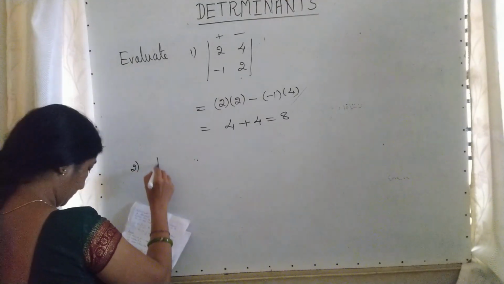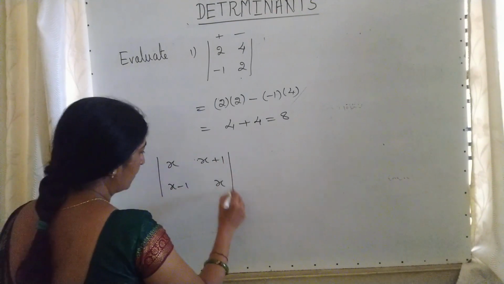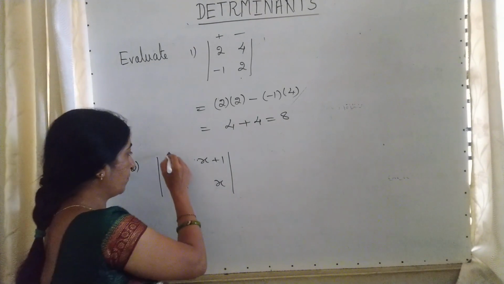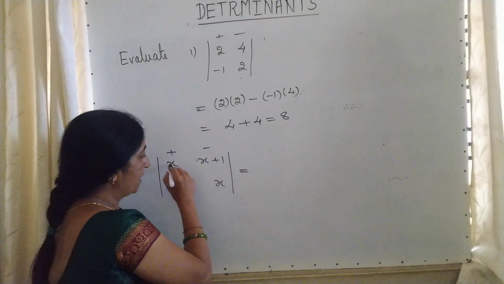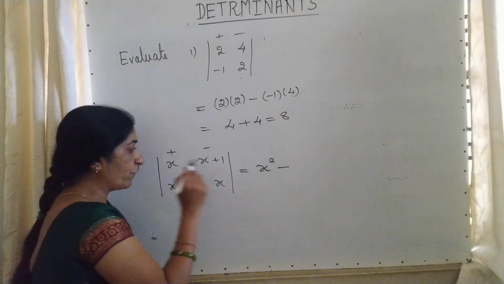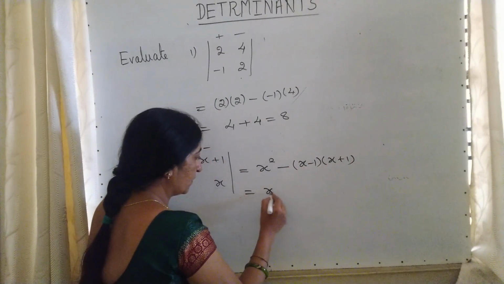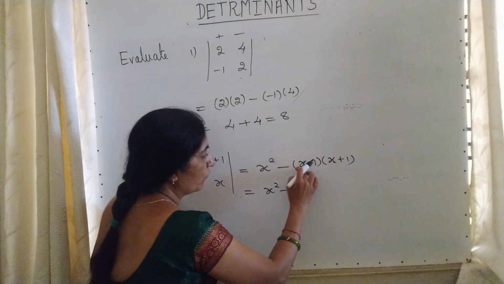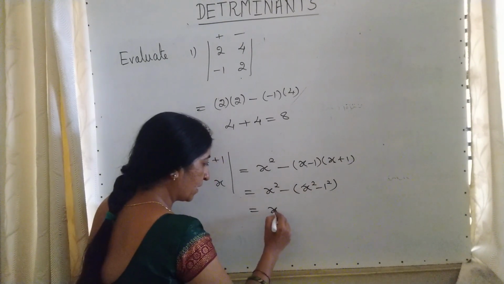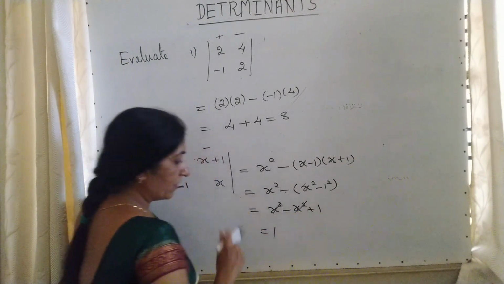Second one, x plus 1, x minus 1, x. Again by pencil. So why pencil? Because this is your reference. Plus minus. Multiply these two, x square. Middle minus, multiply these two, and they are in the form of expression. So I am writing it in the bracket. x square, multiply these two, they are in the form of a minus b, a plus b, a square minus b square. Remove the bracket. x square minus x square, minus into minus plus. So your answer will be 1.